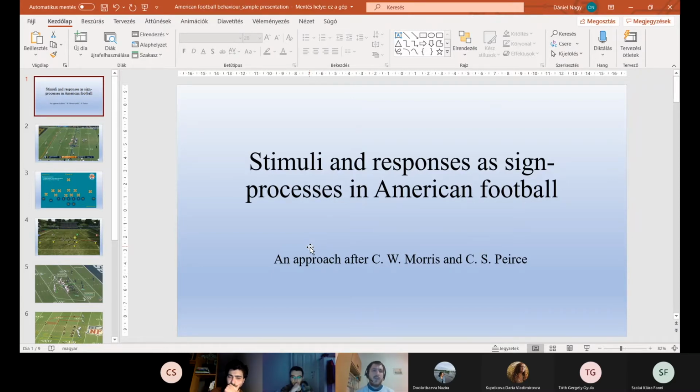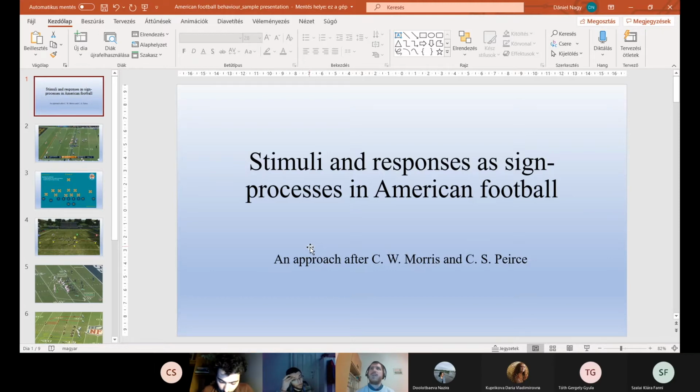Simultaneously, I also use a Peircean approach, which is sort of parallel with Morris's, although it's not really about